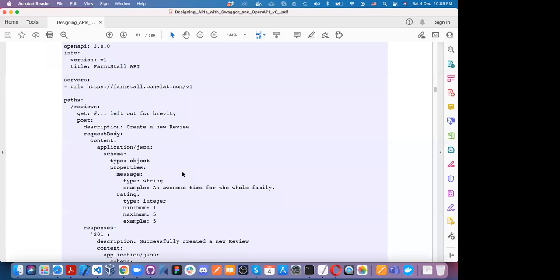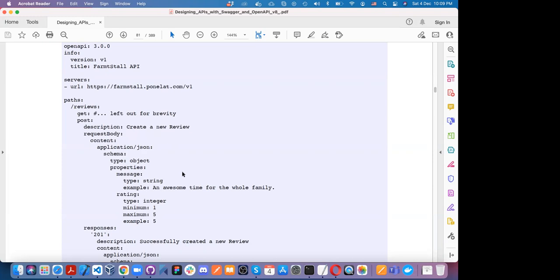So from my point of view, this is a good example of how we should create a YAML file, or rather not only a YAML file, how we should create our API endpoint for the post method. It also decides that in the JSON body we should have a schema.